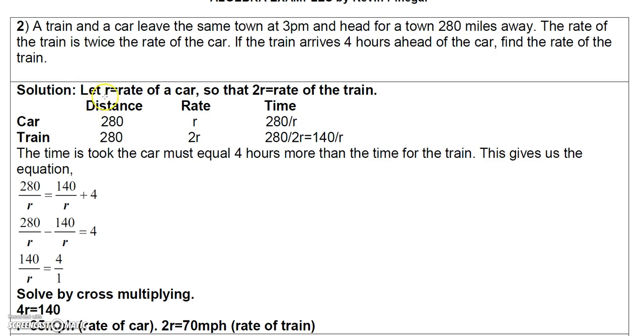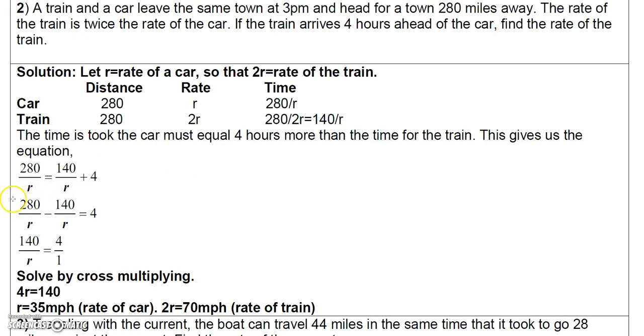Okay, so we're going to let R be the rate of the car, and so 2R is the rate of the train, because the train's twice as fast as the car. So we know both vehicles went 280 miles, we know their rates, and we know time is distance over rate, so we know 280 over R is the time for the car, and we know 280 over 2R, which is 140 over R, is the time for the train. And since the time for the car must equal 4 more hours than the time for the train,